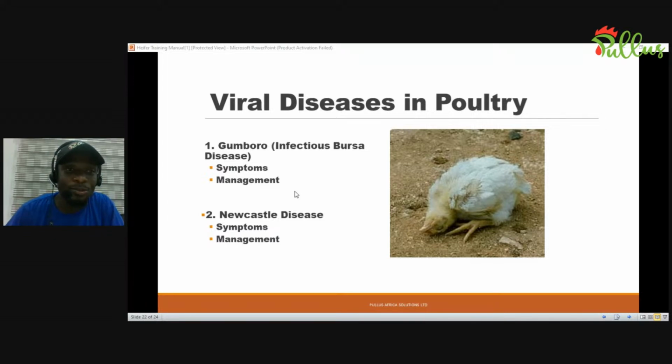I have come to realize that most of our farmers don't give the second dose because the second dose is at the fourth week. So they feel like, oh, my birds are already big, so there can't be any problem at this point in time, so I will just leave them. Please don't do that. It's very important that you give all the doses of vaccination that you're supposed to give at the right time. Most farmers skip the second dose, which is not the right thing to do.